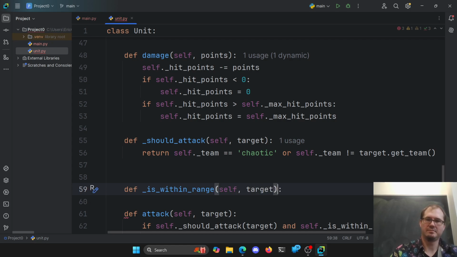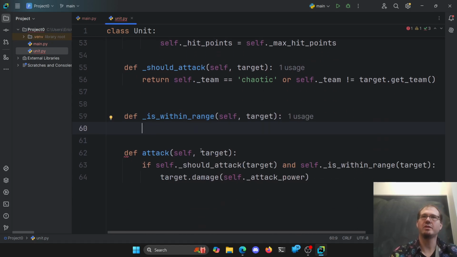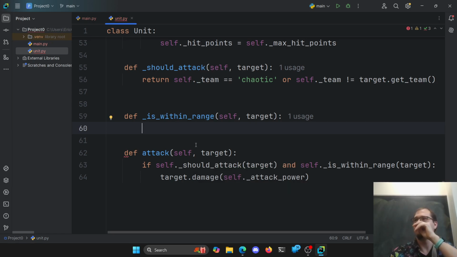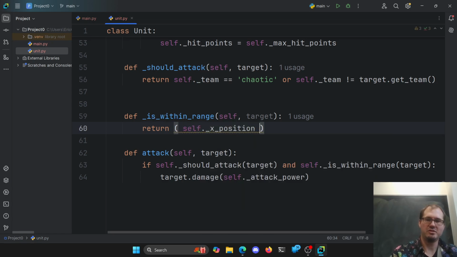And then an is_within_range function given a target. So this one we have to calculate, right? The x distance squared plus y distance squared equals the distance between the two points squared, so the square root of that is the distance between the two. So we can return here, kind of all in one. So self.x_position minus target.get_x_position, squared,